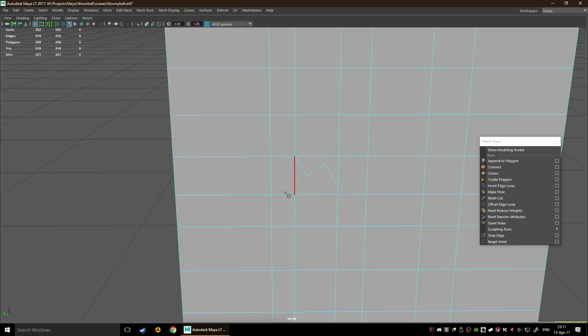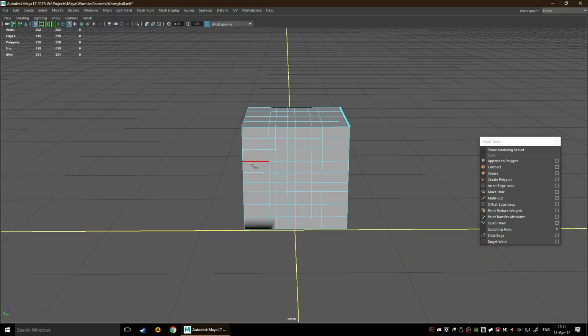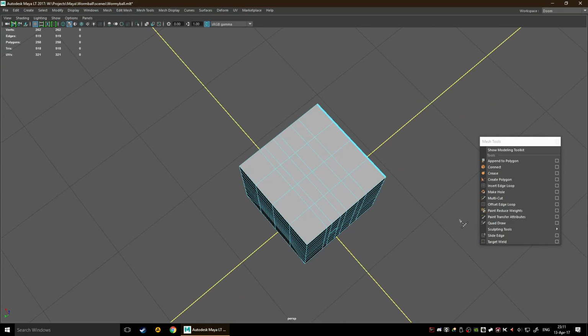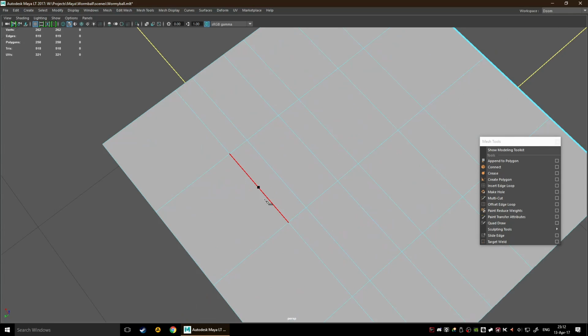Obviously, you wouldn't be creating anything like this of the sort, but you can always imagine the possibilities when you combine the power of multi-cut with quad draw, which is very useful in my opinion. Shift just gives you such an opportunity here to place vertices. It's ridiculous. You can place a vertex here, and then you can place a vertex here, and then